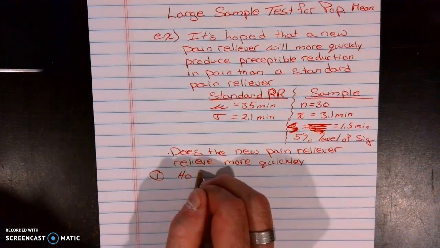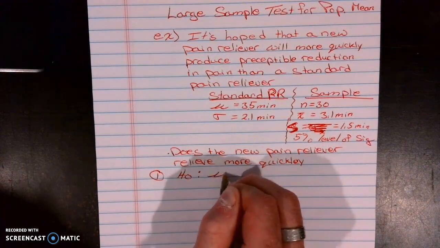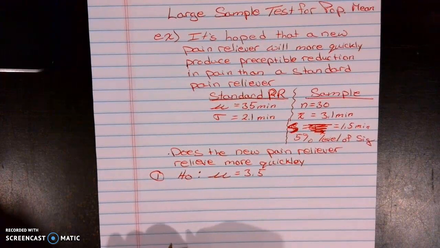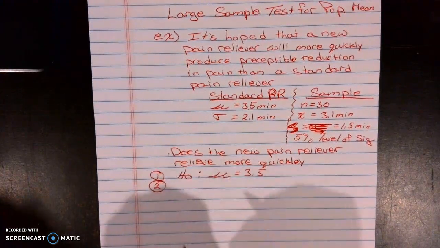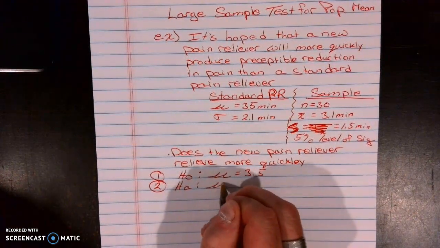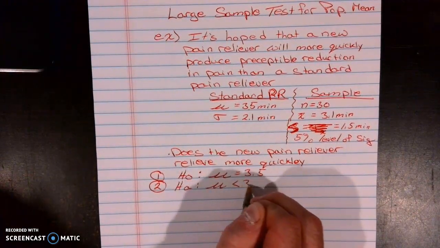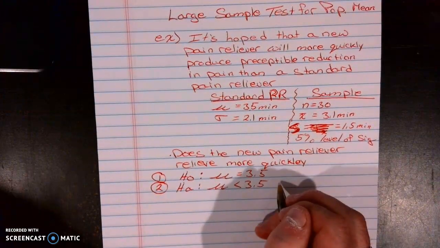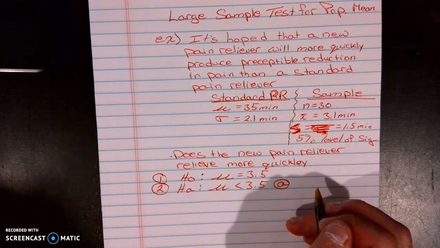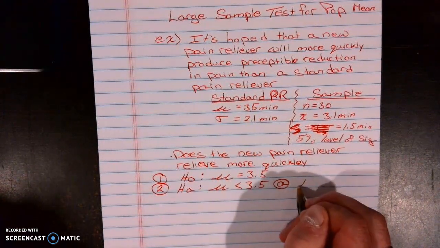The null hypothesis here is that the mean is equal to 3.5, okay? And the alternative hypothesis is that the mean is actually less than 3.5 at a 5% significance, right? So alpha is